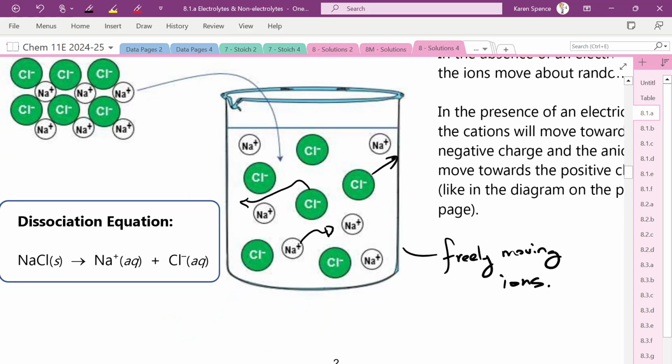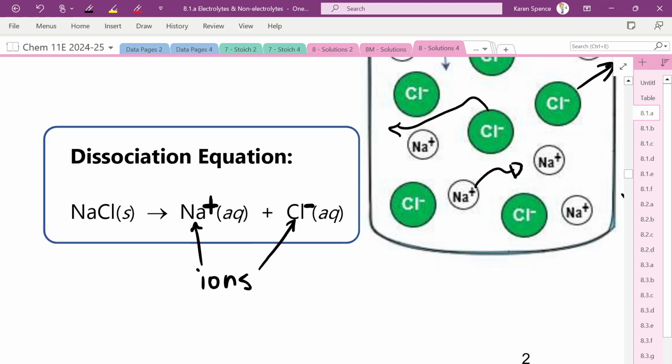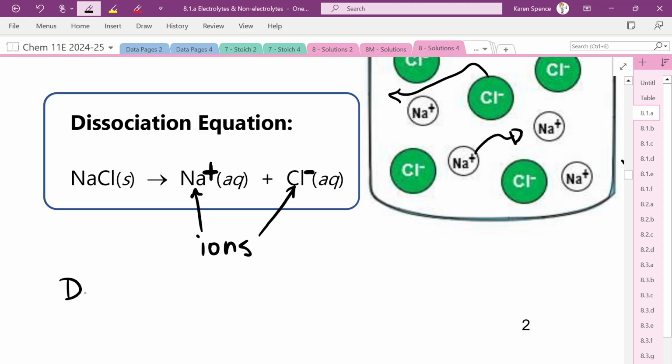Now, just to remind you about our dissociation equations, when you finish a dissociation equation, you should always have ions. So we have a charge here of plus, and we have a charge here of minus. That is different from